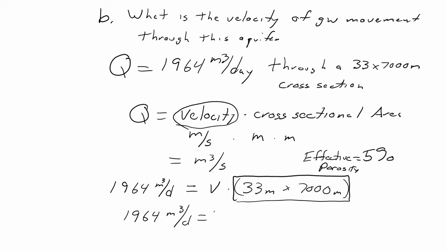That's going to equal our velocity times our cross-sectional area. If you multiply this out, you get 231,000 meters squared. But then we have to multiply it by the amount of openings, which is only 5%, or 5/100ths, of that aquifer. Now, if we rearrange to solve for velocity,